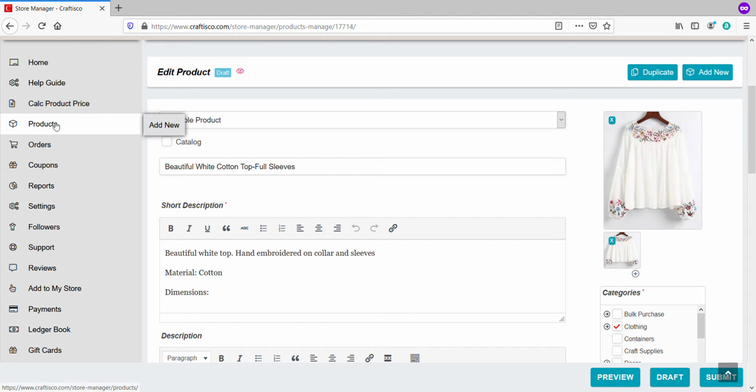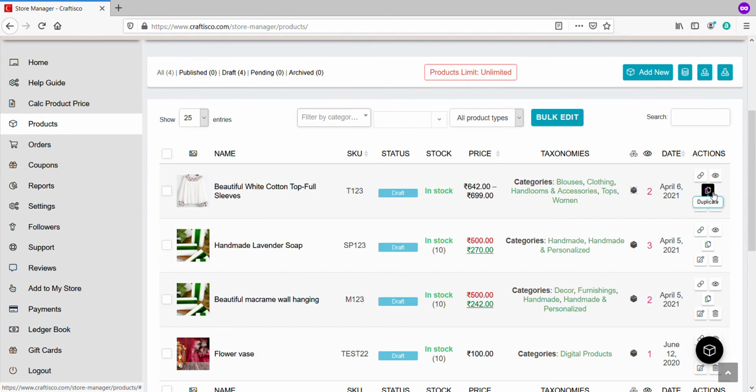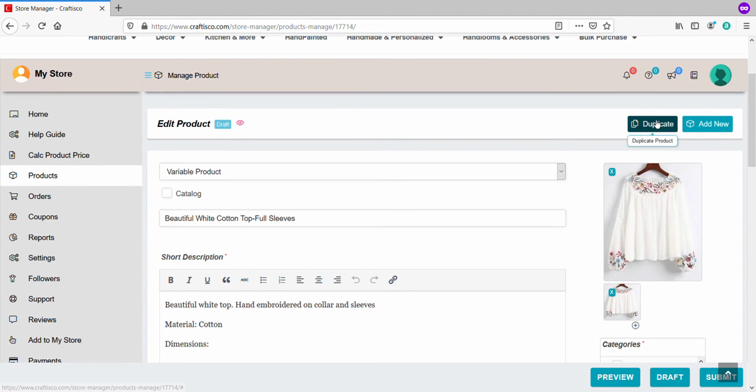So if you go to this product dashboard, you have a couple of icons to your right, and the double file icon or double page icon is nothing but the duplicate icon, right? Either you can duplicate your product right from the dashboard, or you can go to your product, click on that particular product and click on this duplicate icon. Any of it is possible. So let's just do so.